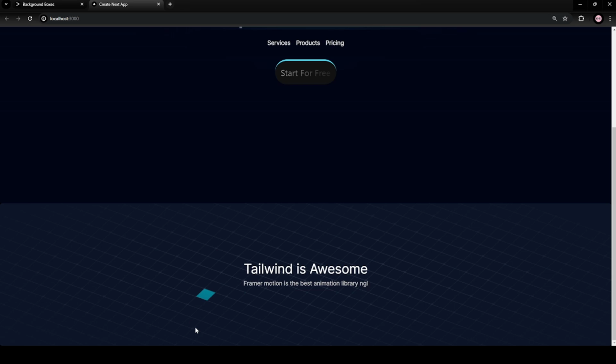I will be creating 4 boxes with some good designs, each having a feature title and a feature icon. There will be 4 features, aligned in one row under this heading and subheading. So let's get started.